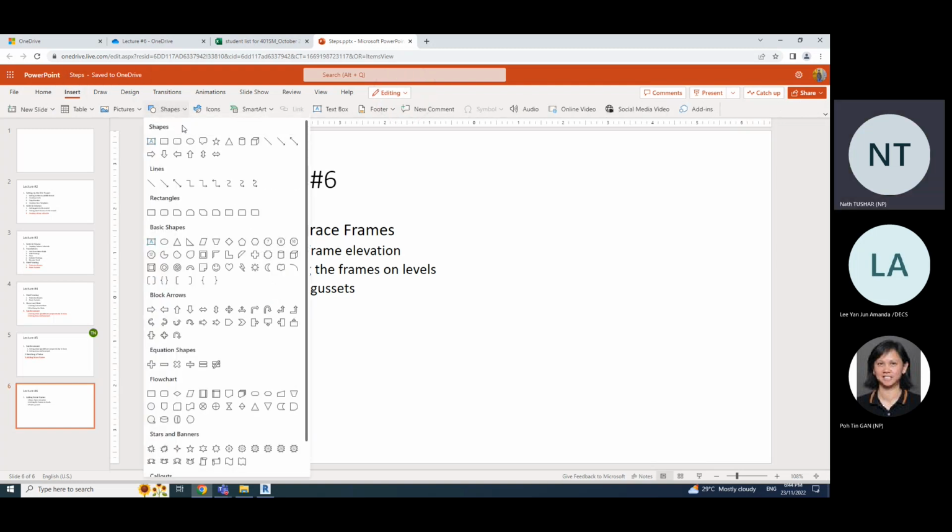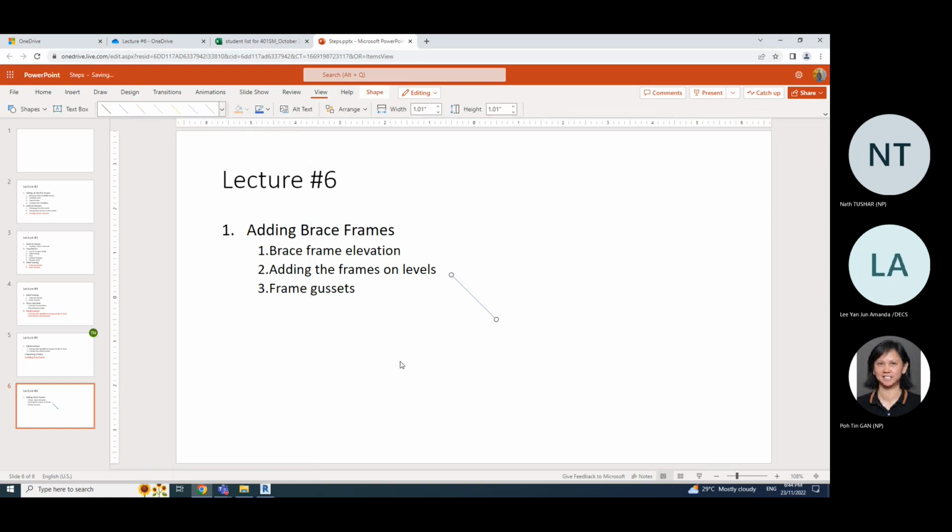Insert shape. So let's say you add a frame, let's say this is the top level, this is the bottom level, right? Imagine these two are columns over here, right? This is the beam. So if you want to add a frame